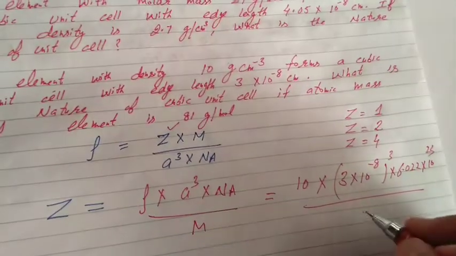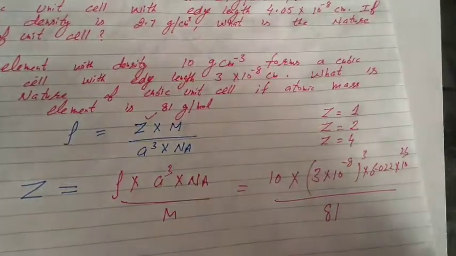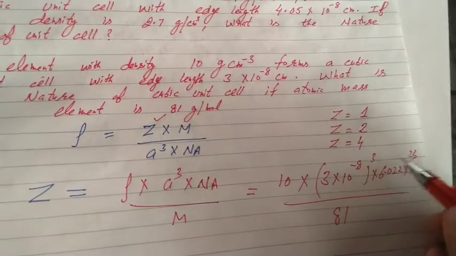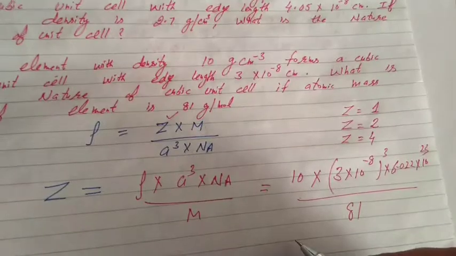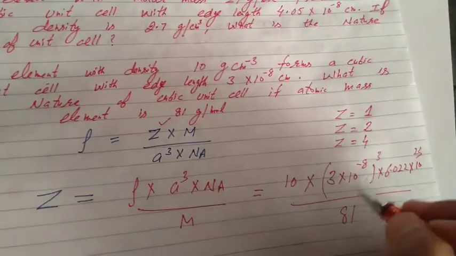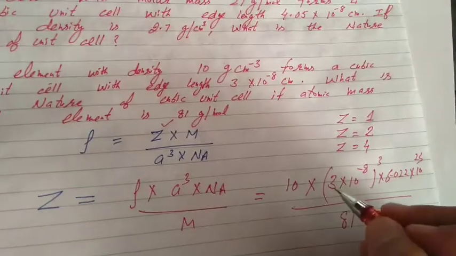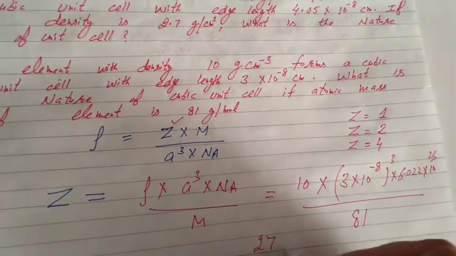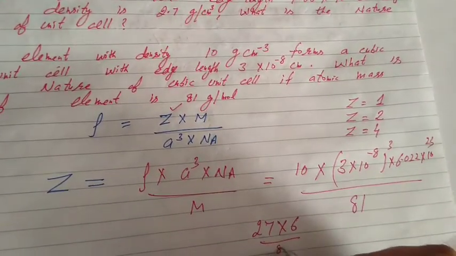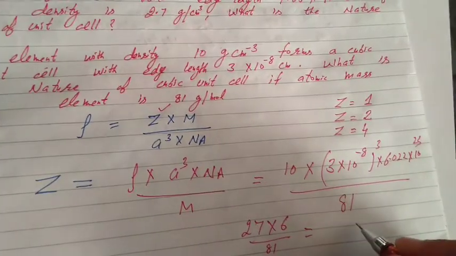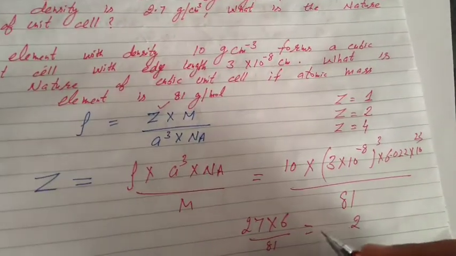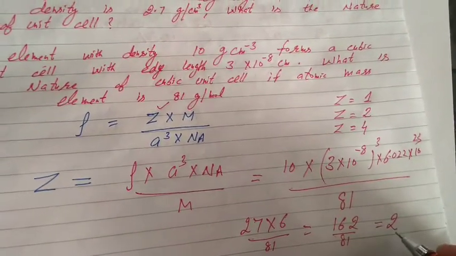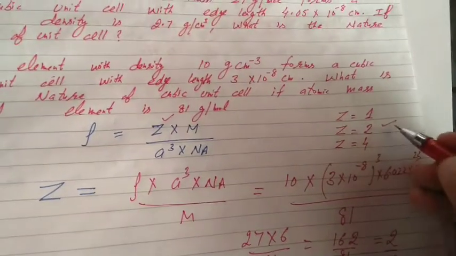Friends, the given mass in the question is 81. 8 3 is 24. 10 to the power 23. It's minus and it's positive. Now it becomes 1 upon 10. It means 10 and 10 already cancel. It becomes 1 upon 10 and 10 and 10 cancel. Now what is left? Cube of 3. 3 3 is 9. 9 3 is 27 into 6 upon 81. 7 6 is 42. 6 2 is 12. 12 and 4 is 16. Upon 81, we got 2. Simple calculation. Since Z is 2, the given system is BCC.